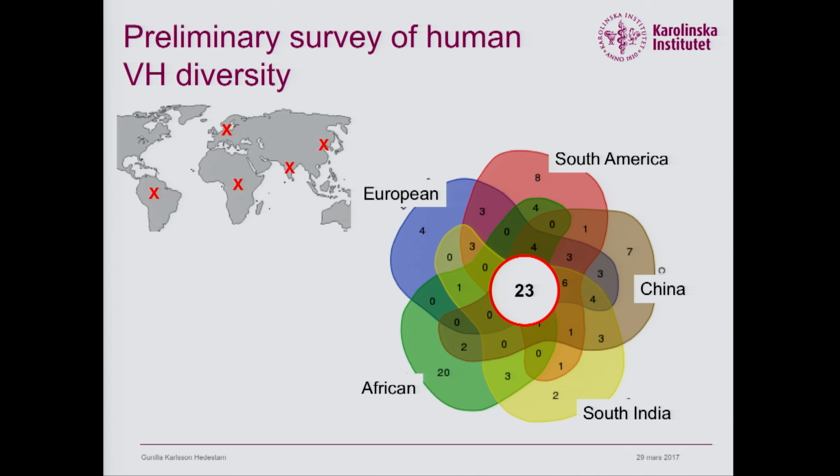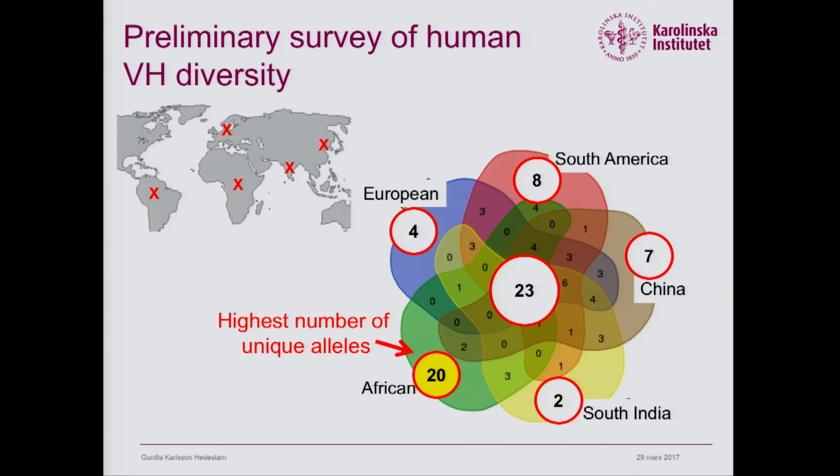And perhaps an even more interesting take-home from this very small study is that the number of unique alleles was much greater in the African individual than in the other individuals. And this really suggests to us that this is where we need to increase the numbers by 100-fold. We want to sequence and get good statistics on this. But clearly, we need to have a better understanding of alleles in groups that have not previously been well represented